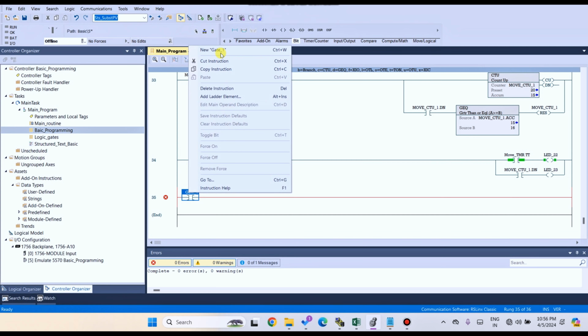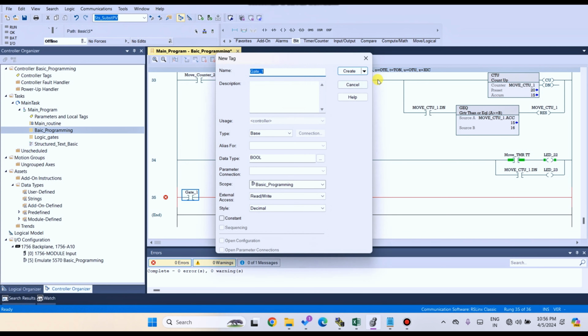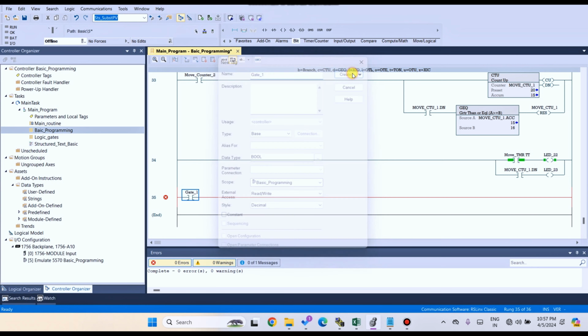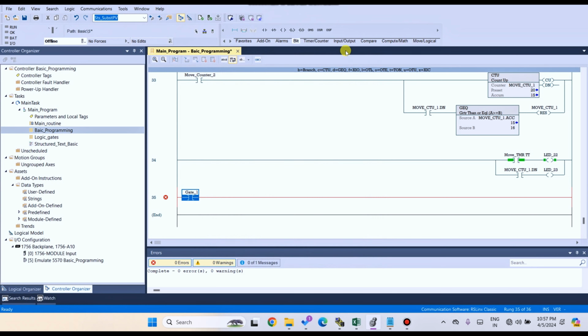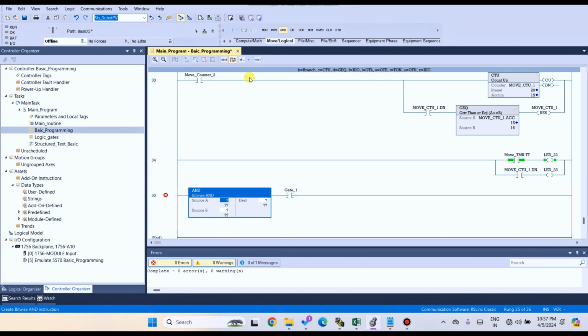Right click, click on new and click on create, and take a logic gate block. The logic gate block is in the sequence and shift, logical, move, logical operation group. Select the AND gate here.